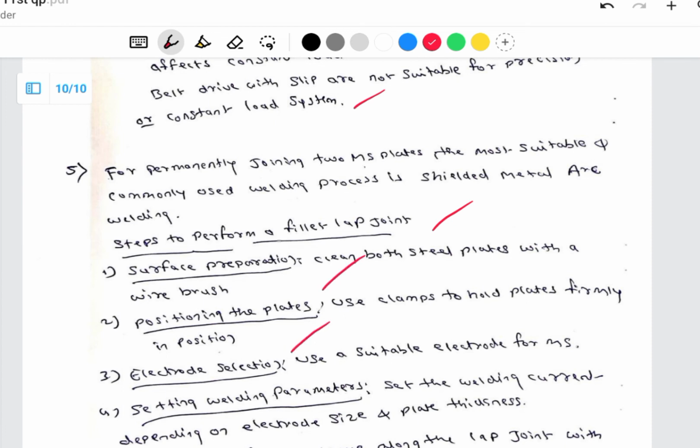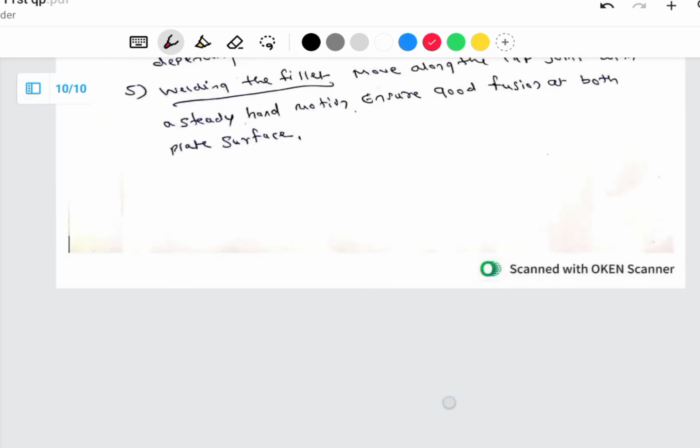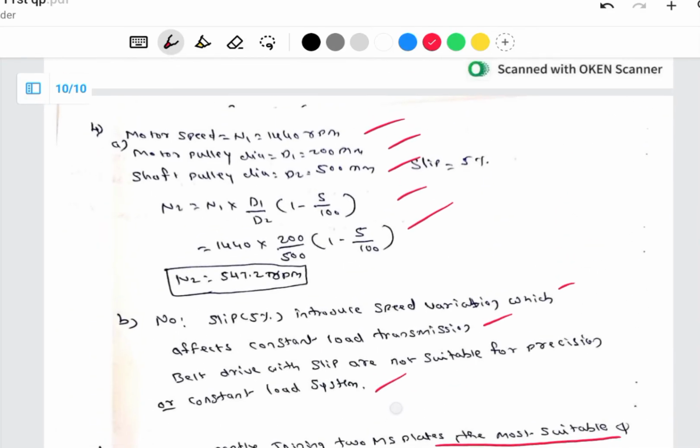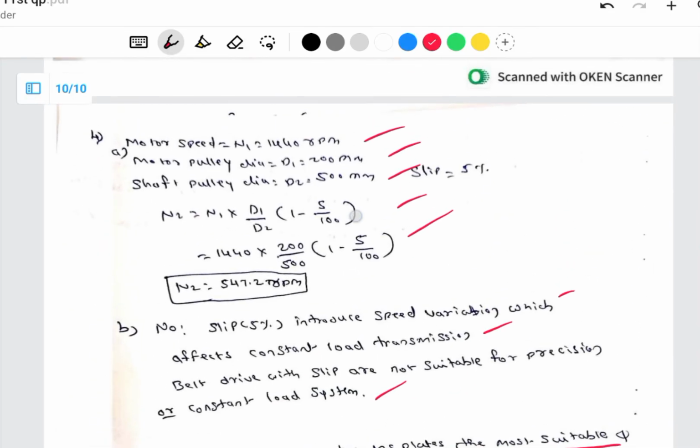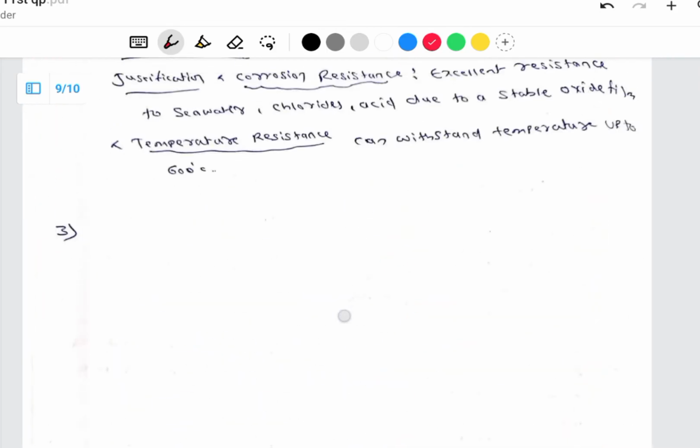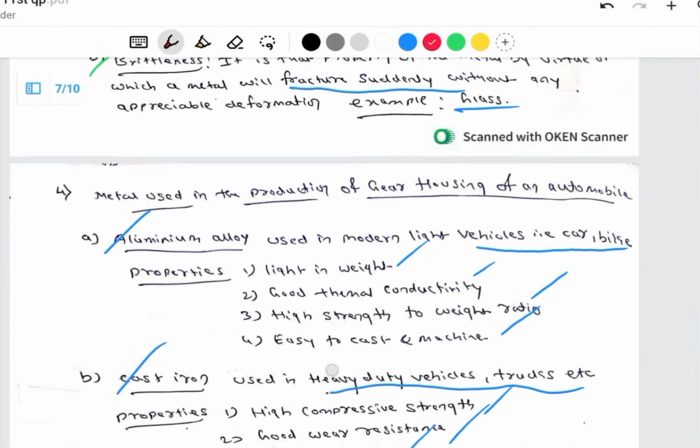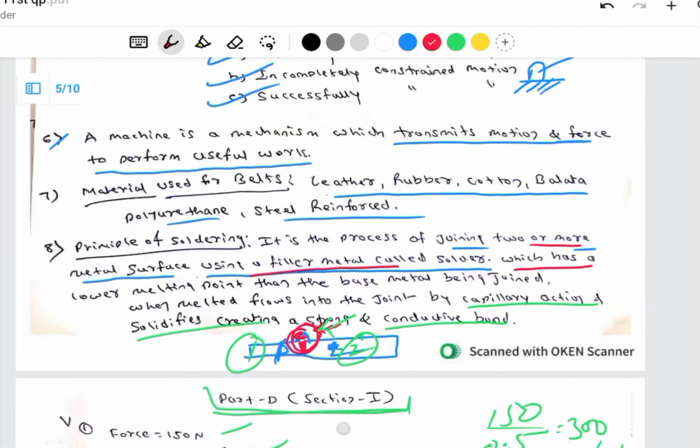It is not sufficient. The permanent joint of the MS plate: explain the suitable welding process. Here you can use shielded metal arc welding. You have to say that first of all, then explain the steps you are going to perform for making the lap joint. So this is what we have seen, and in this problem, I can say,